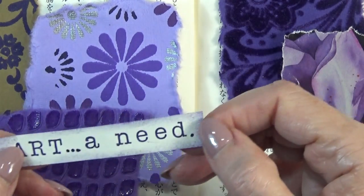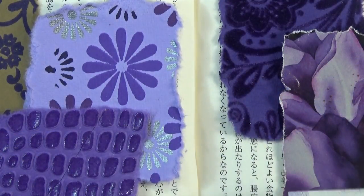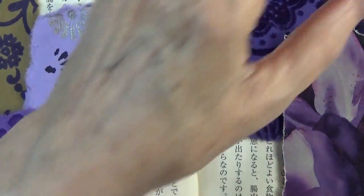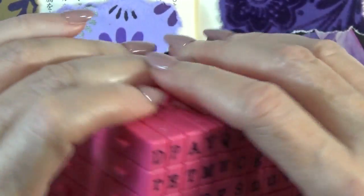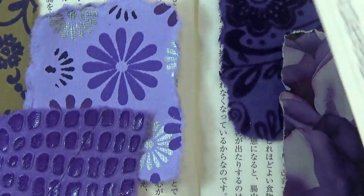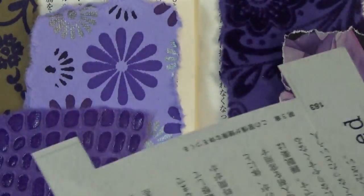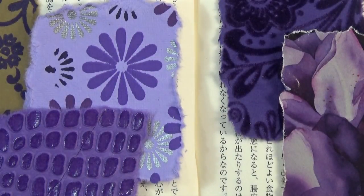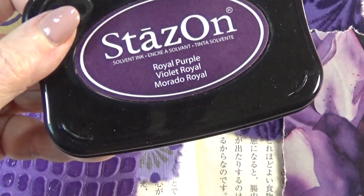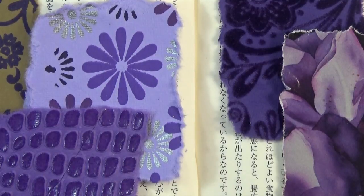This, which I believe in my case and in a lot of our cases is the truth, I used this goodie, which is just so wonderful and makes life so easy. And I used a piece of one of the pages removed from this Japanese altered book journal, and I did some practicing to get it to work right, and used my StazOn Royal Purple for that chore, and also found